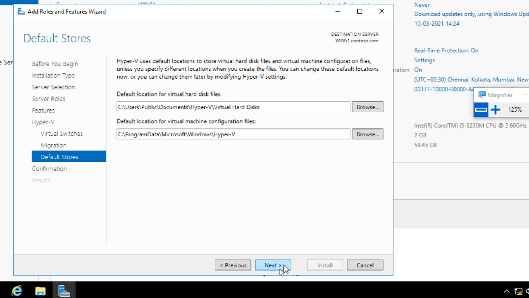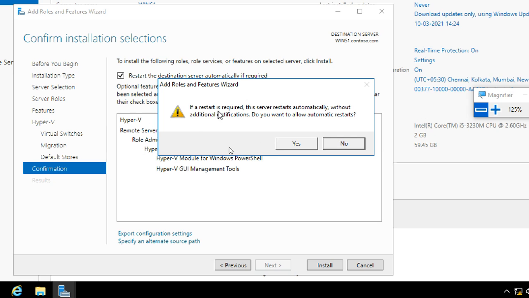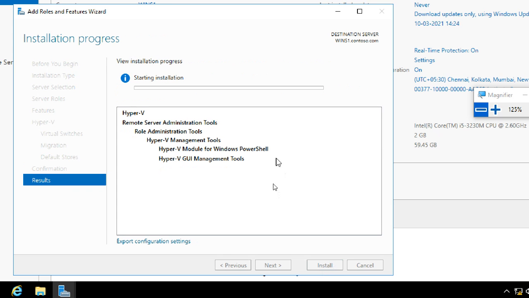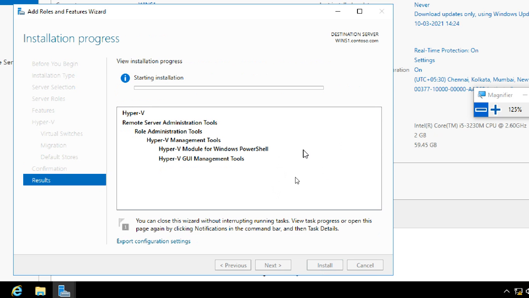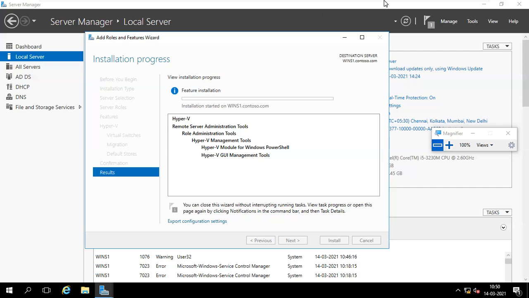These are the default locations of our virtual machines and virtual hard disk. Okay, no problem. Later we'll see that one. Next. Restart is compulsory for Hyper-V because Hyper-V restarts automatically. Click install. It will take time to install, as well as restarting.